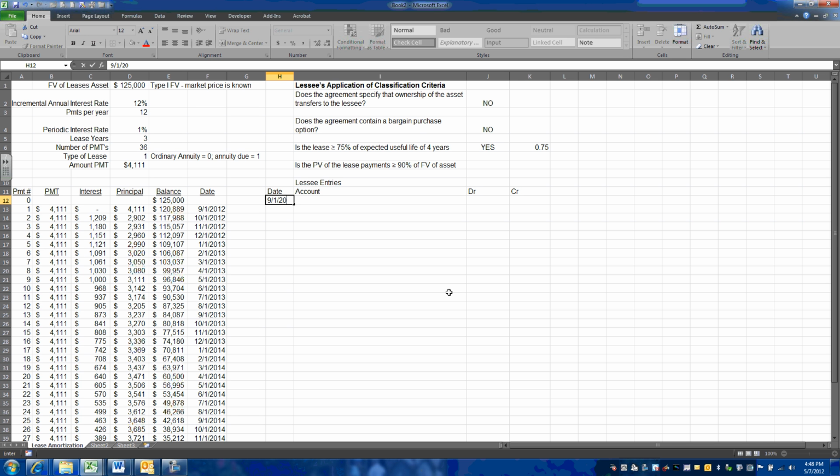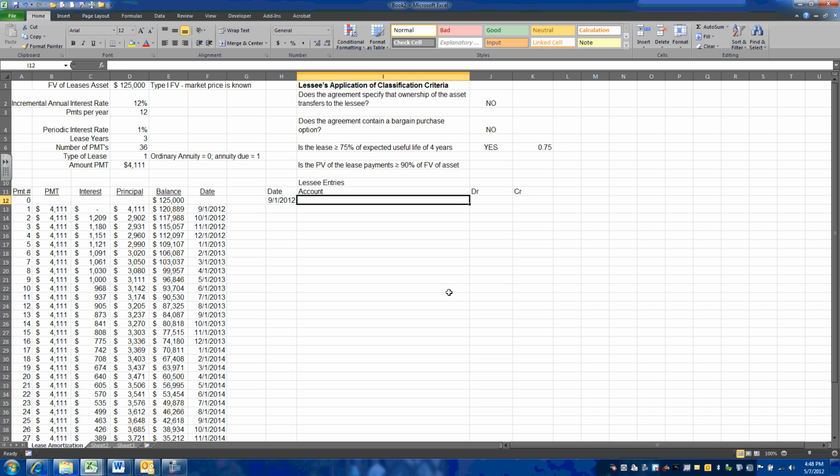September 1st, 2012, we have signed the lease, and since we have determined that this is a capital lease because the expected useful life, 4 years, is 3/4 of the lease, under GAAP criteria we have to treat this as a capital lease. When we have a capital lease, on the date that the lease is signed, we have to book an entry to show the value of the lease asset